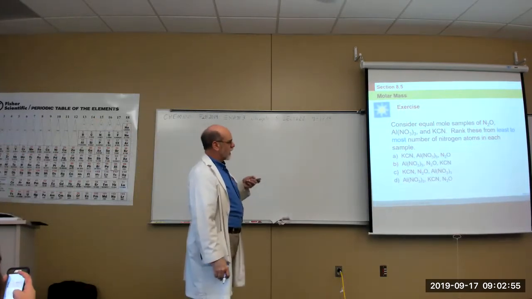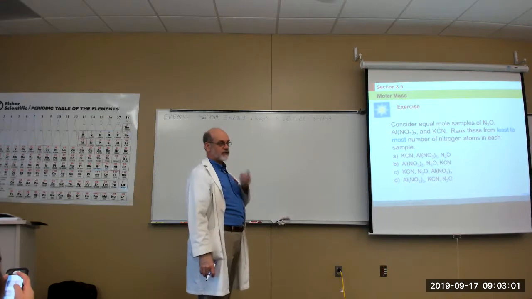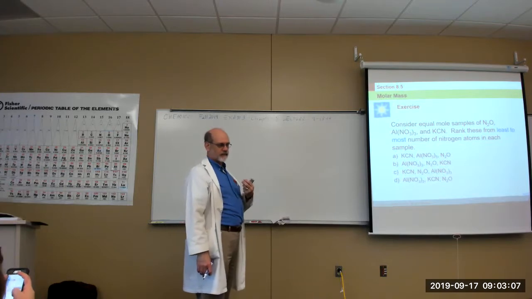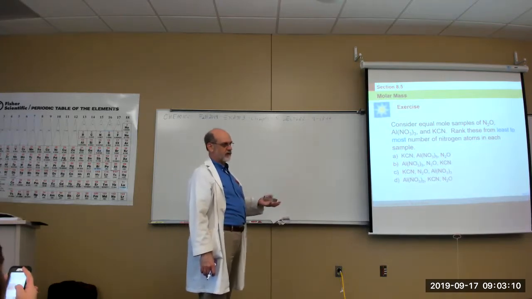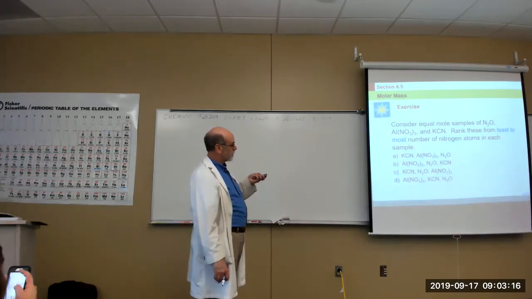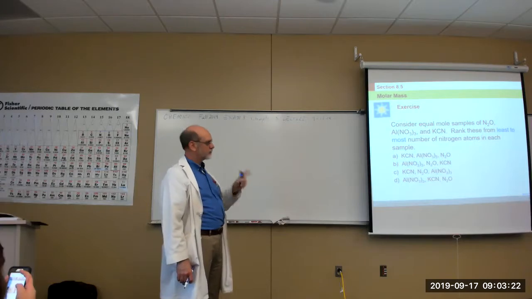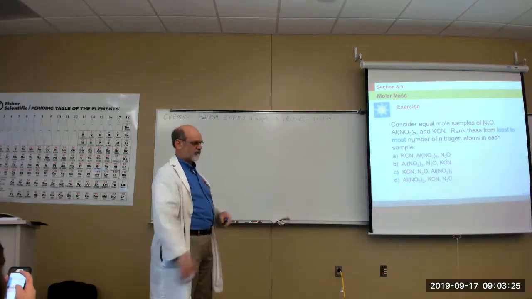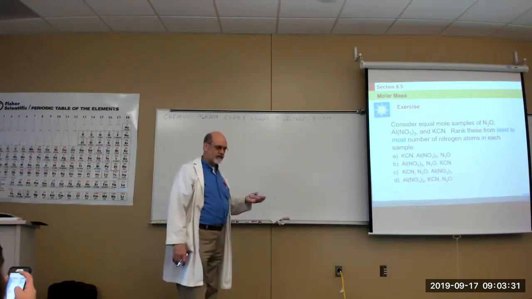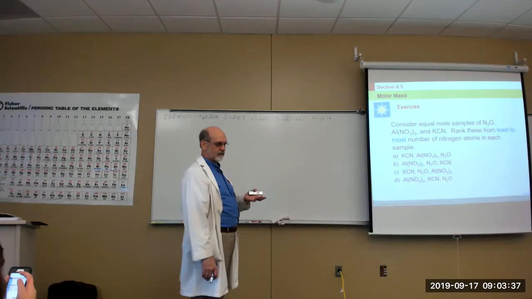So if we have equal mole samples of each one of these, N2O, which is dinitrogen monoxide, right? Just go back to our nomenclature. Nitrogen and oxygen are both nonmetals. So you just say type 3 compound, say how many there are. Dinitrogen monoxide. Aluminum nitrate is a type 1 compound because aluminum is a metal that only has one charge, 3+. So that would be aluminum nitrate, finished, that's it. KCN is another, potassium is only one charge, a type 1 compound, but CN is a polyatomic ion, cyanide. So it's potassium cyanide,